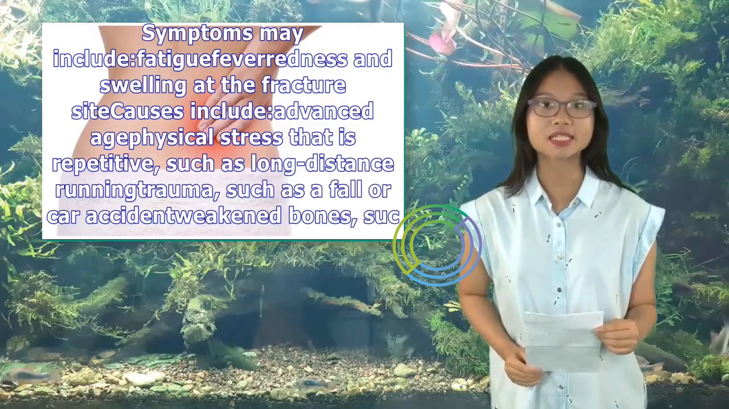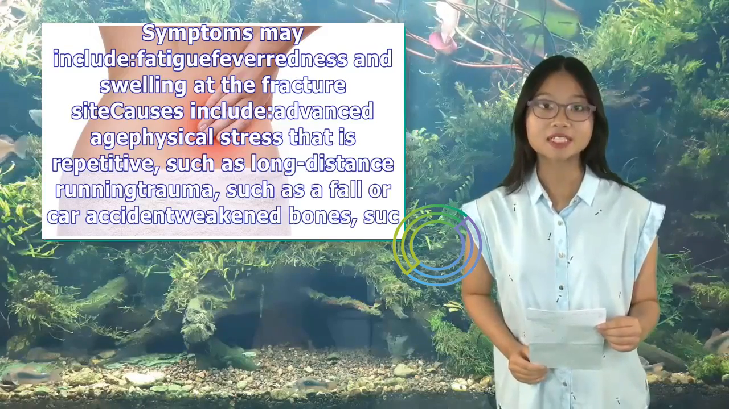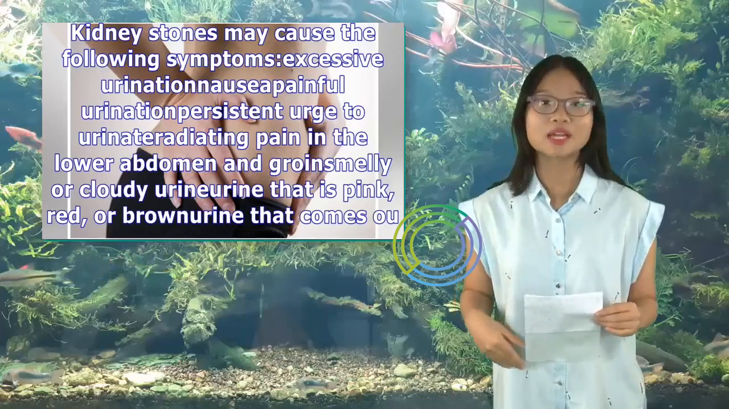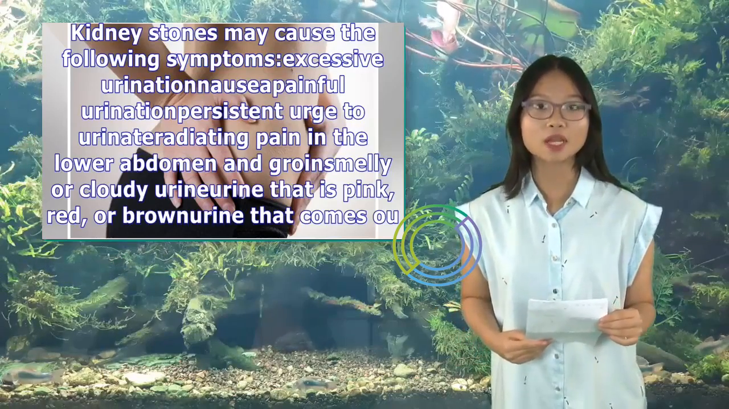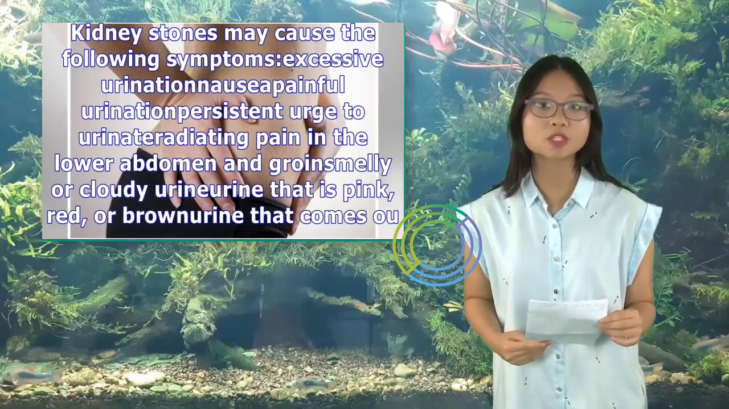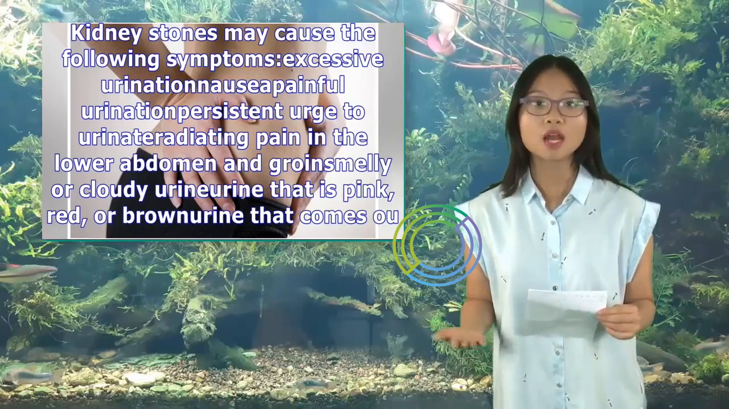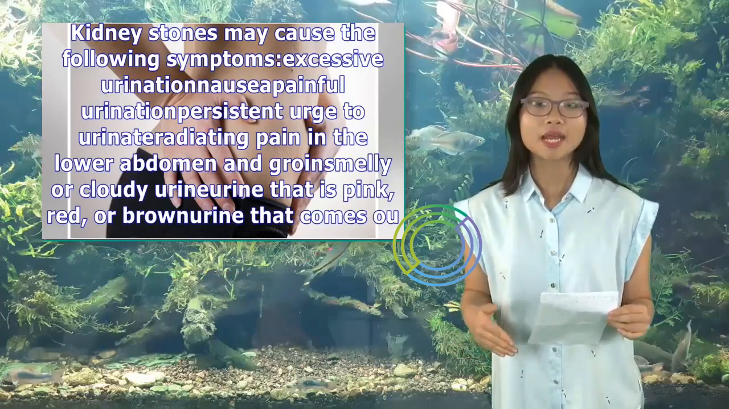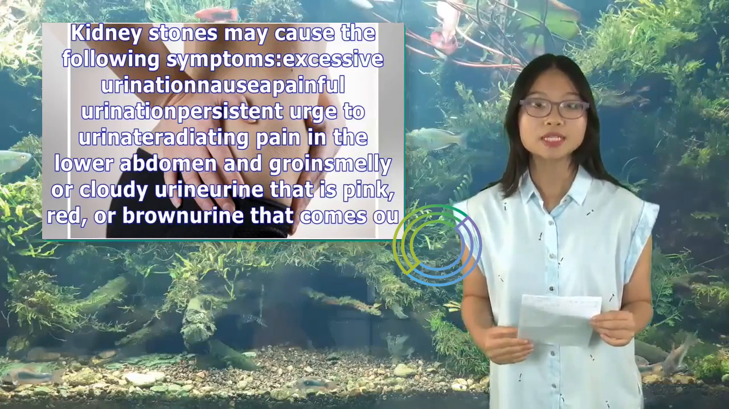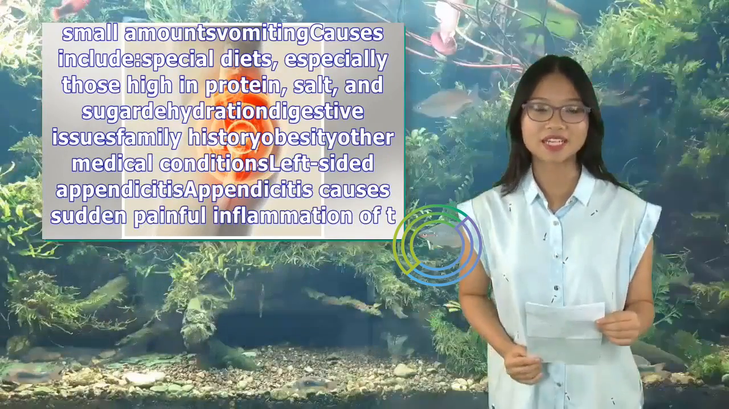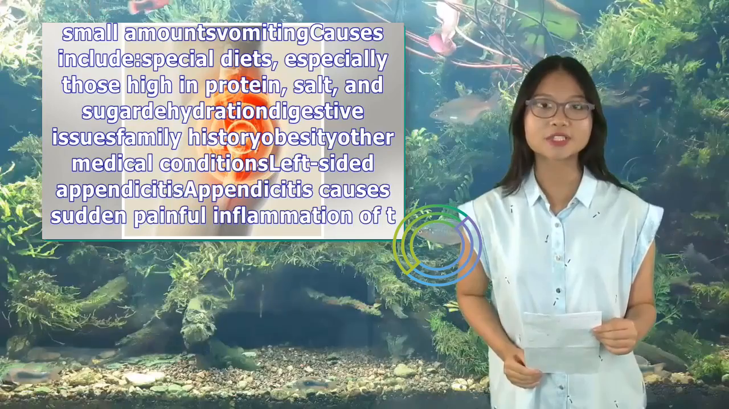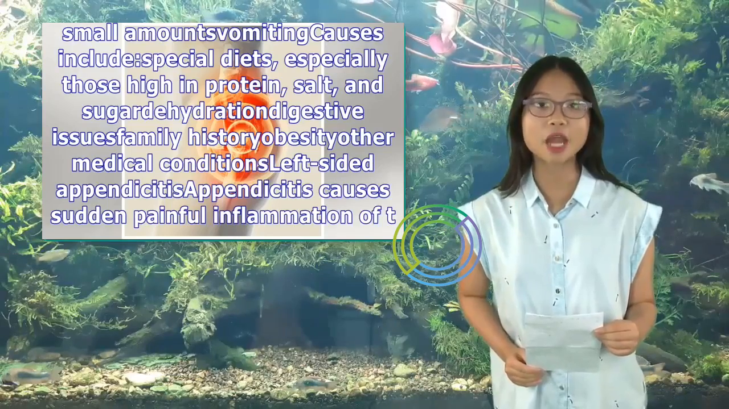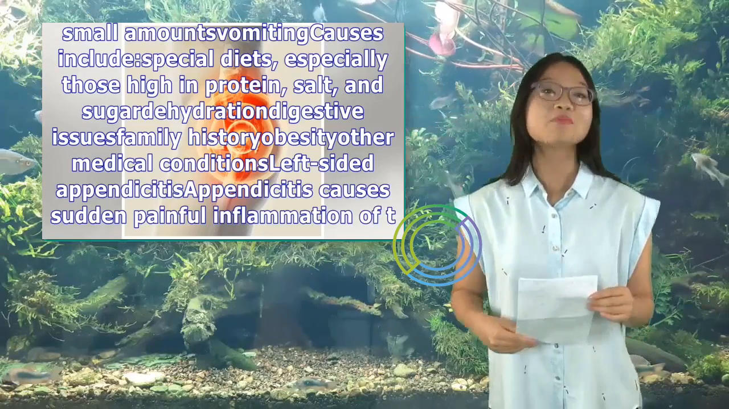Kidney stones. Kidney stones are hard mineral deposits that form in the kidneys, located at the backside of your body above your hips. Kidney stones may cause the following symptoms: excessive urination, nausea, painful urination, persistent urge to urinate, radiating pain in the lower abdomen and groin, smelly or cloudy urine, urine that is pink, red, or brown, urine that comes out in small amounts, vomiting. Causes include special diets, especially those high in protein, salt, and sugar, dehydration, digestive issues, family history, obesity, other